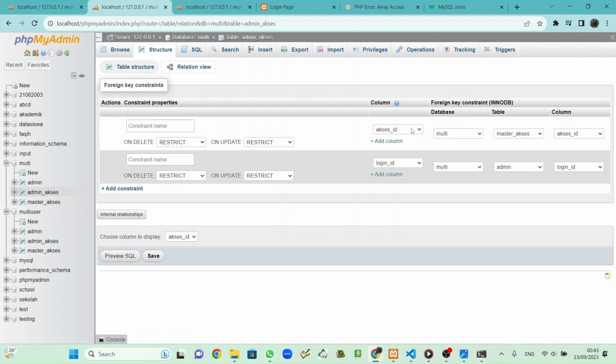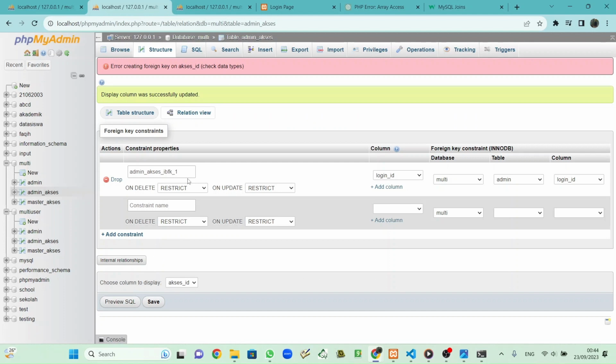So access ID inside admin access has a connection with access ID inside master access, and also login ID inside admin access has a connection with login ID inside admin. I mean here. So when I click save,